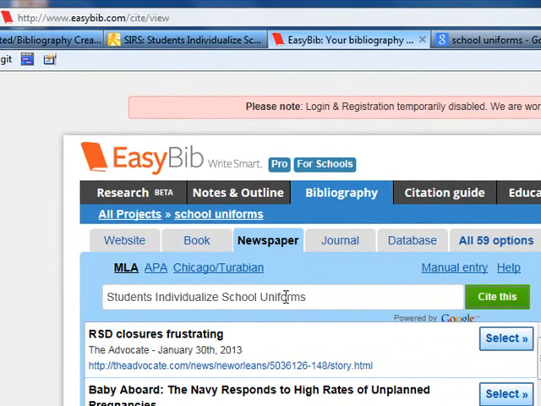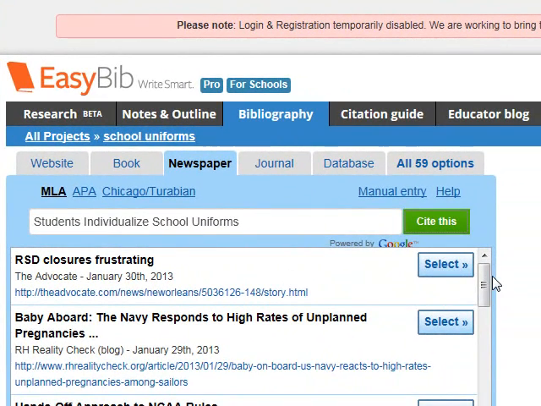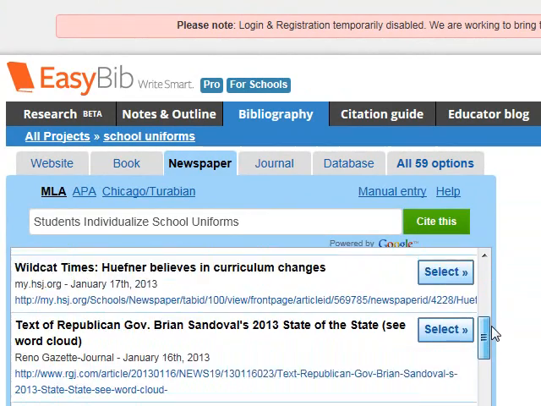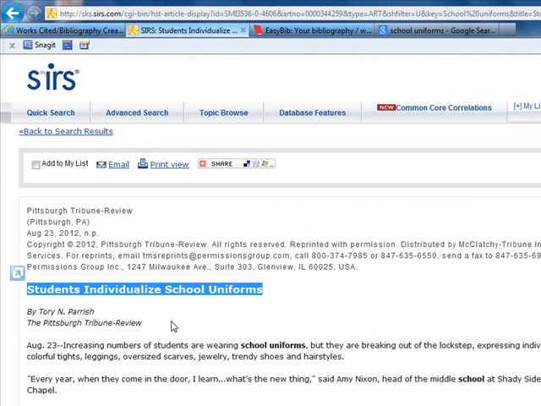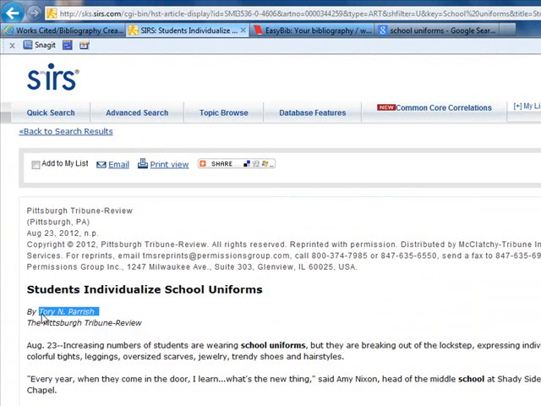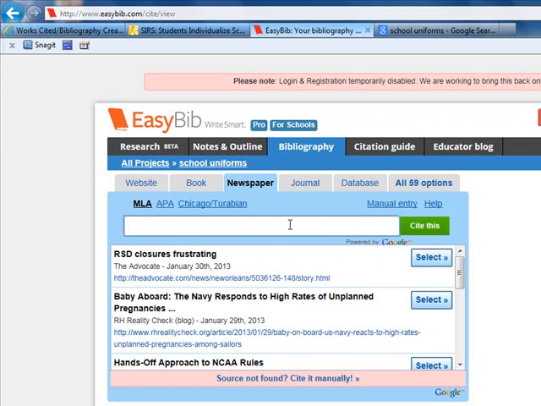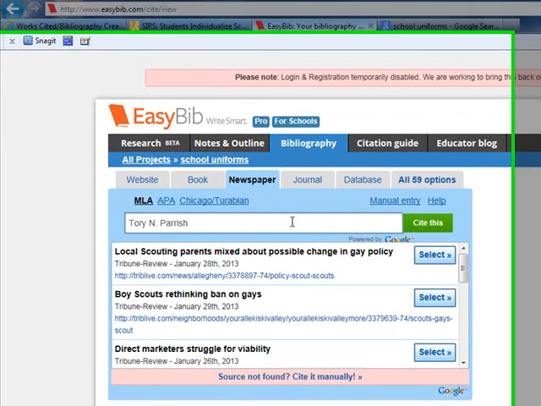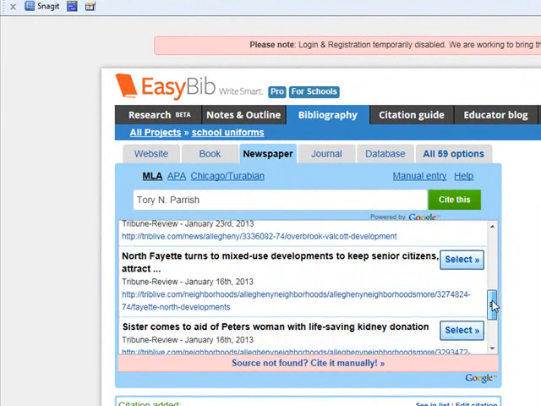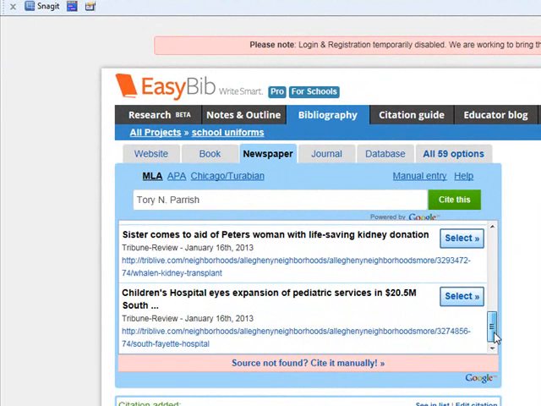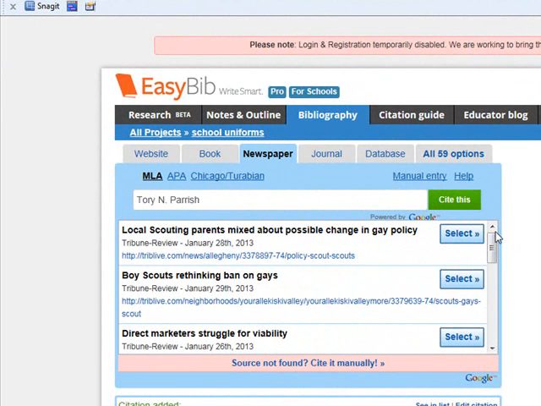This for sure is the name of my article, and now I need to search to see if I can find it. And it doesn't seem to be there. So my next option is to maybe choose from the author. See what else that author has written. And Tori has written other articles, but it doesn't look like Tori is located within EasyBib for this. So I am going to go to my manual entry,